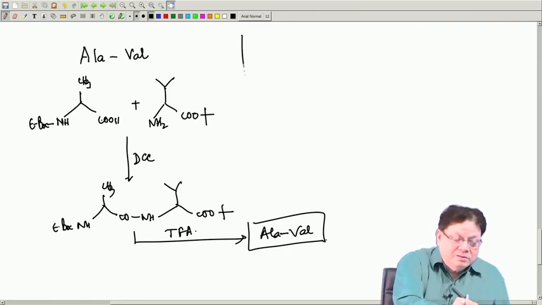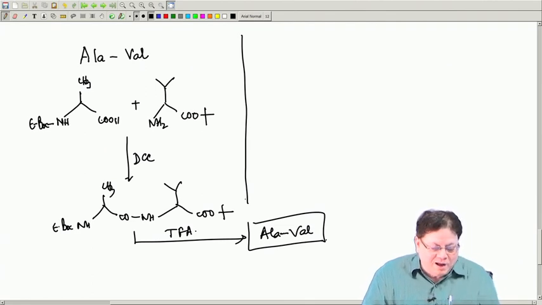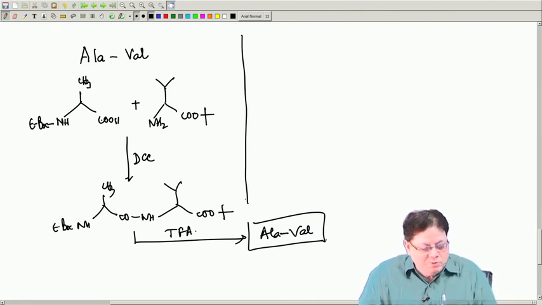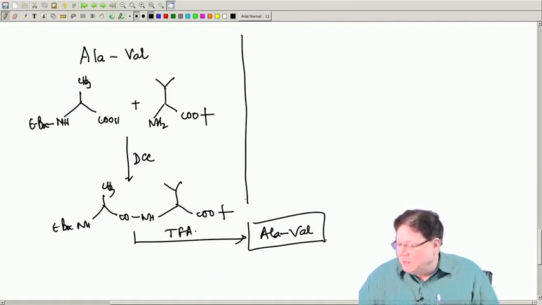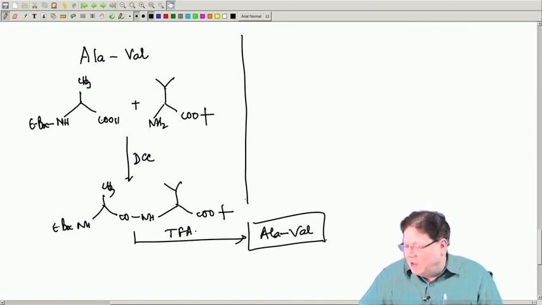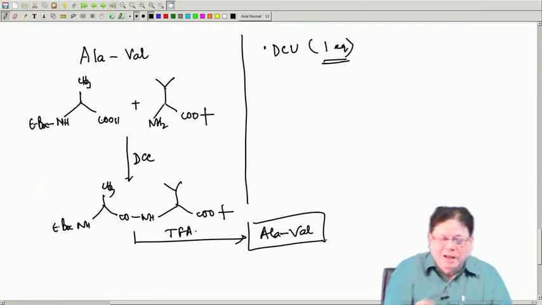Now, question is it the end of the story, the peptide synthesis? Certainly not. There are other important points that we have to now consider. One point is, let me check whether it is here. I think you can see the mechanism in the slide, whatever I have written. The DCU comes off. Problem 1 is the DCU. What are the problems with DCC coupling? DCU, that is generated as one equivalent, 1 mole equivalent. Okay. That is the byproduct.